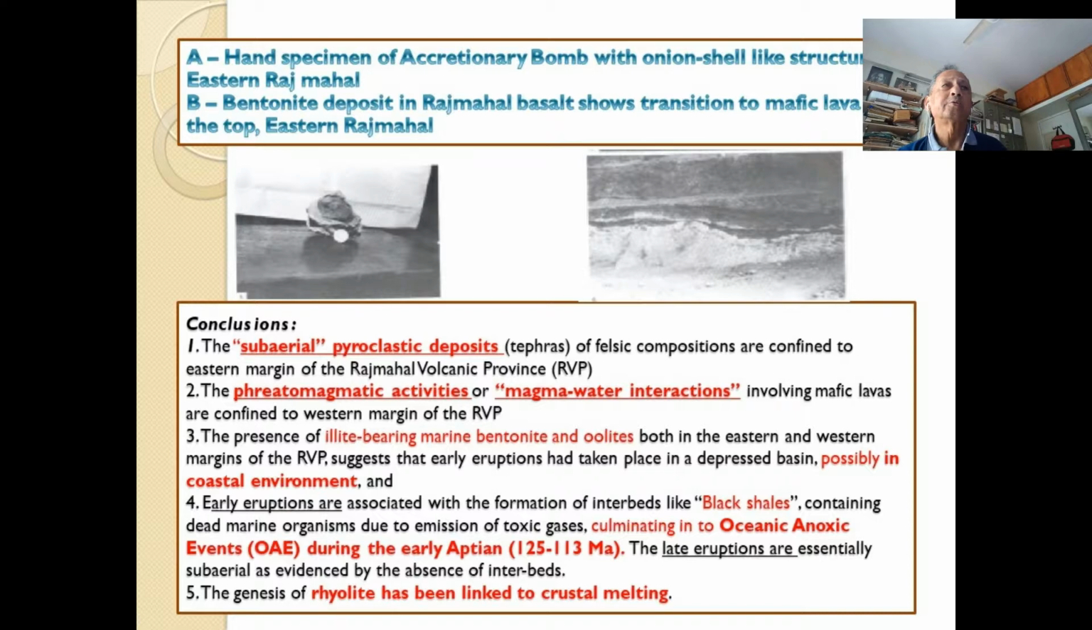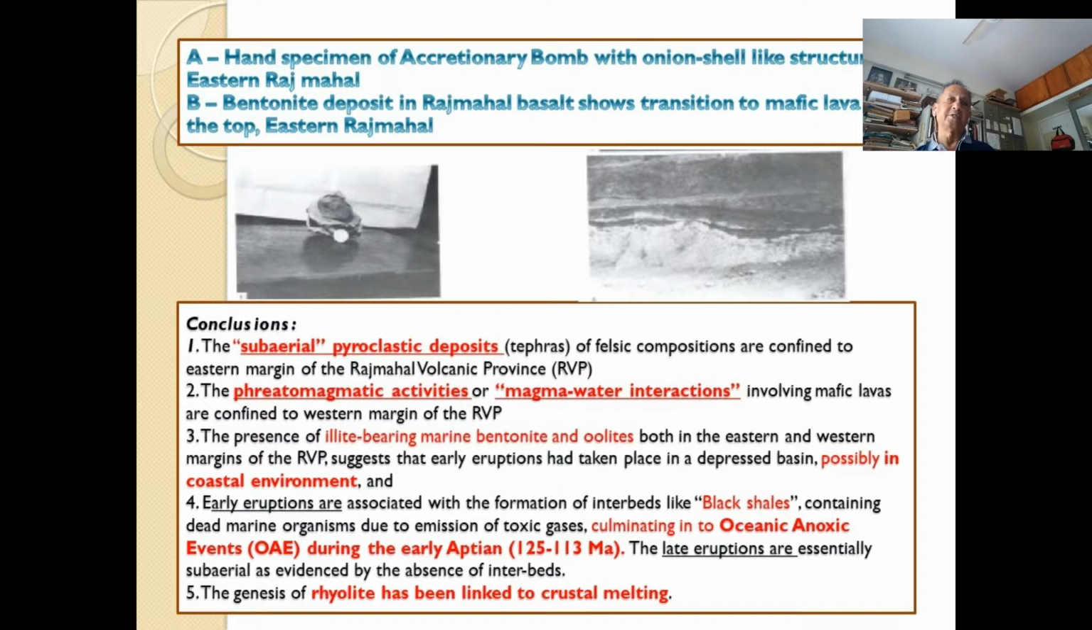Now, the conclusion that we have arrived at from the detailed studies of all these features is that the subaerial pyroclastic deposits are essentially felsic in composition and confined to the eastern part of the Rajmahal. In contrast, the western part of Rajmahal is a product of phreatomagmatic activity due to magma-water interaction. The interesting part of the bentonite is the occurrence of illite that suggests that bentonite must have formed